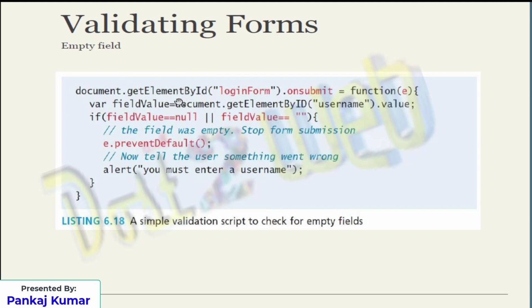The field value you are using there should not be an empty or null value, right? Then what are you going to do? Suppose you are giving a username. Then you have to use this code. In the same way, on the submit event, you give an anonymous function with the parameter e, and create a variable, fieldValue. Any name you can create, it's up to you. Then the element ID: in the form you have the input box for username, so username.value. There you are taking the value.